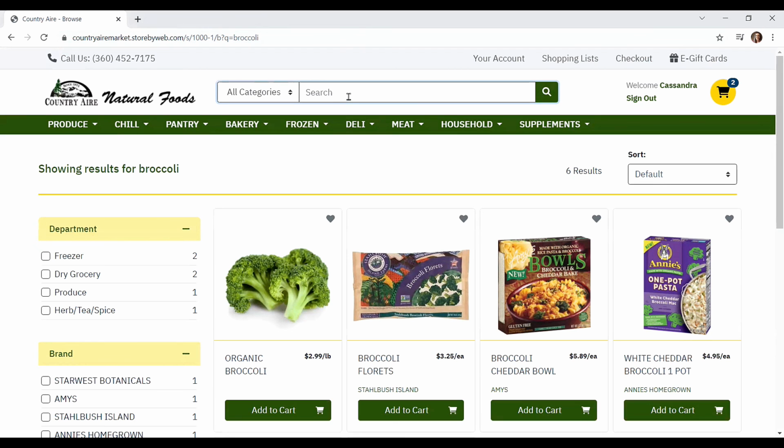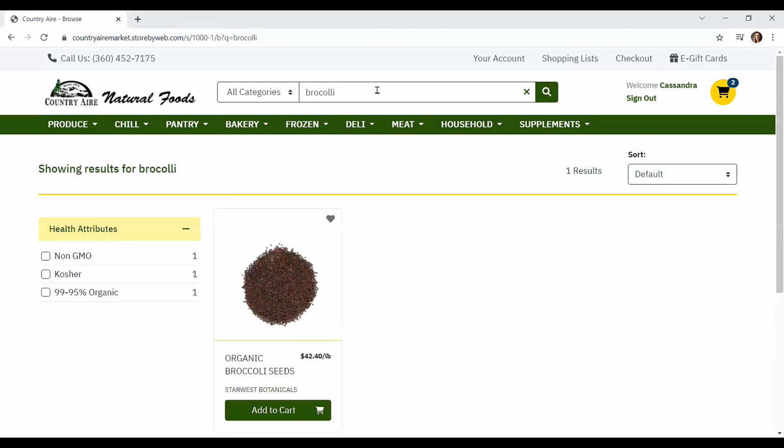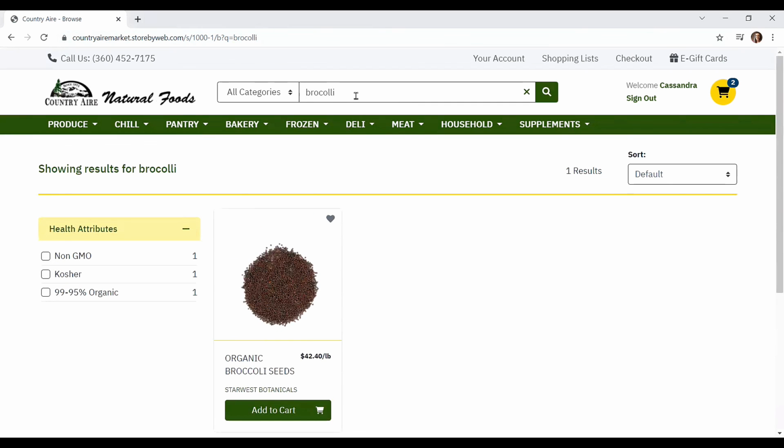Also keep in mind for the search bar, the search bar at the top works the best if you are looking for a specific item or something that has a very unique name. So let's try broccoli. I'm going to spell it wrong so you can see what happens when broccoli is spelled wrong. All of our normal broccoli items are not showing up because the search engine